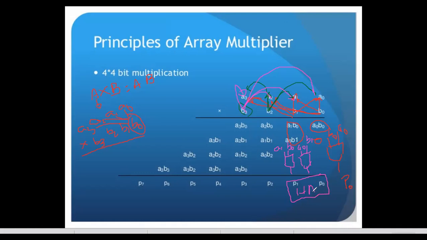In the half adder there are two inputs, say A and B are the inputs, and the output is the sum. This sum is nothing but the product term, P1. Next, this carry out has to be given as the carry into the next operation. Okay, that is the entire operation.